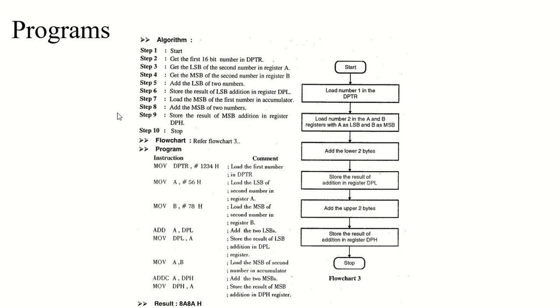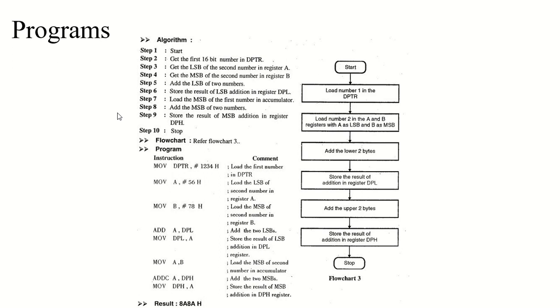But remember one thing, earlier we have already added two numbers, so we may have a carry. Because what will be the sum of 56 and 70? What will be the sum of A comma DPL? We don't know. We might have a carry. So for that we have to use ADDC, because we had the carry. This time only a simple ADD instruction will not do. We have to use ADDC. So we are using ADDC A comma DPH,